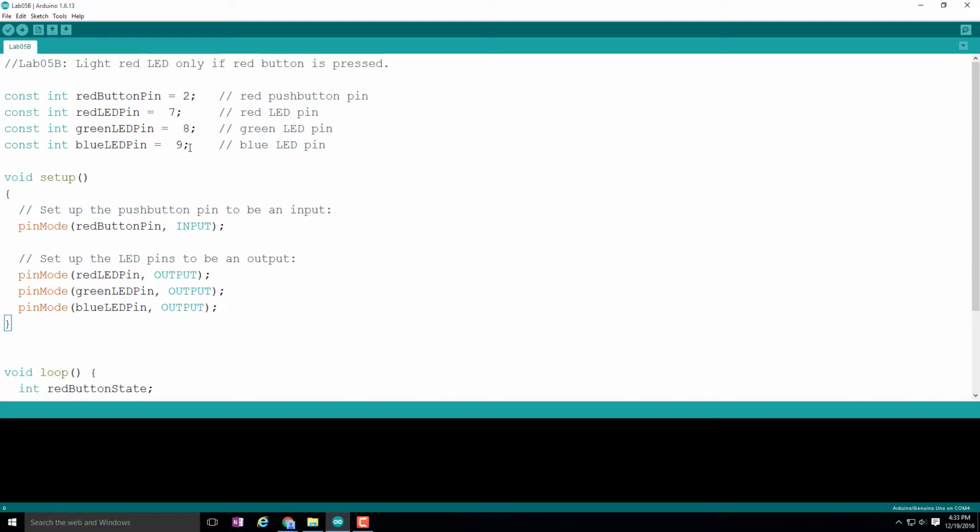Now I'm identifying these as variables right now. In particular, they're integer variables, and the reason for this is because it's going to make the rest of the code much easier to read, and it's also possible that we might want to change the pin connections, and if so, then we only need to change this one line of code. For example, maybe the red button should move to pin number 3, in which case it would be very easy to change this to pin number 3. I'll undo that now, but